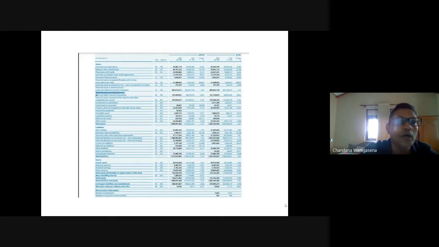When we go even further down, we have leasehold properties, properties and things like that. If banks own a property where they have their own branches, that's a fixed asset, right? You can't sell it and convert it to rupees and cash immediately. It takes a while. It takes time, right?